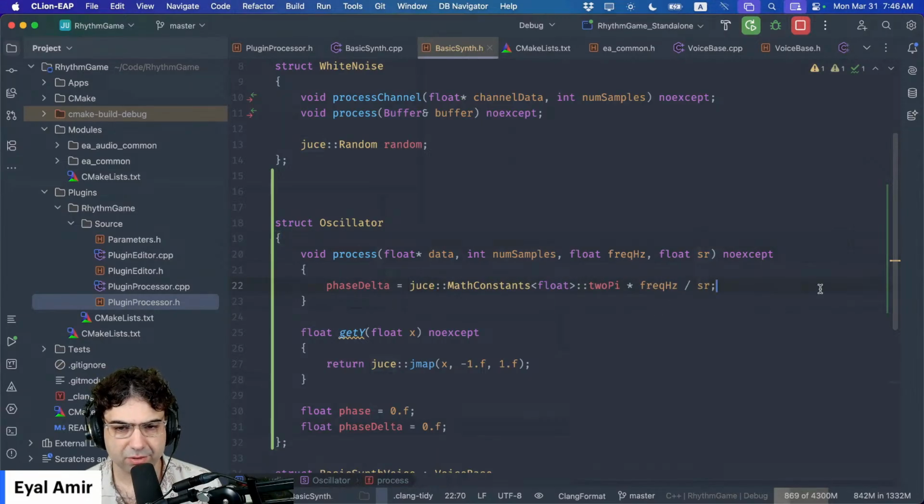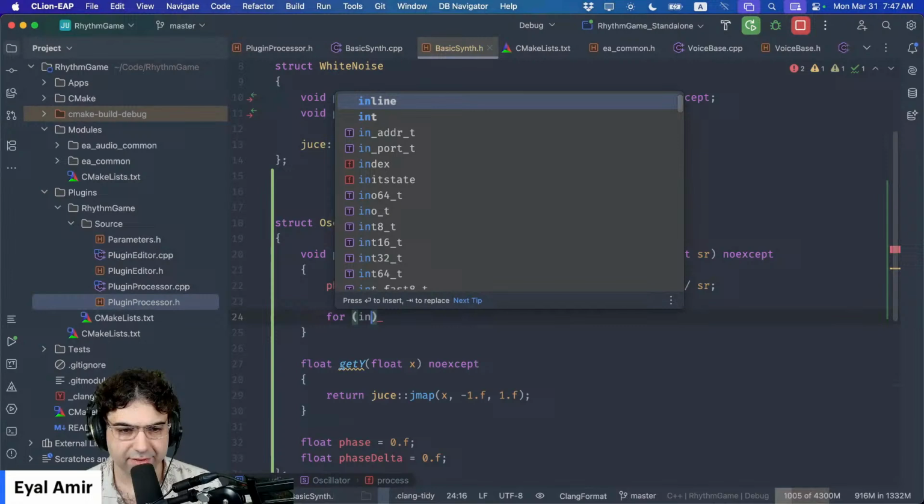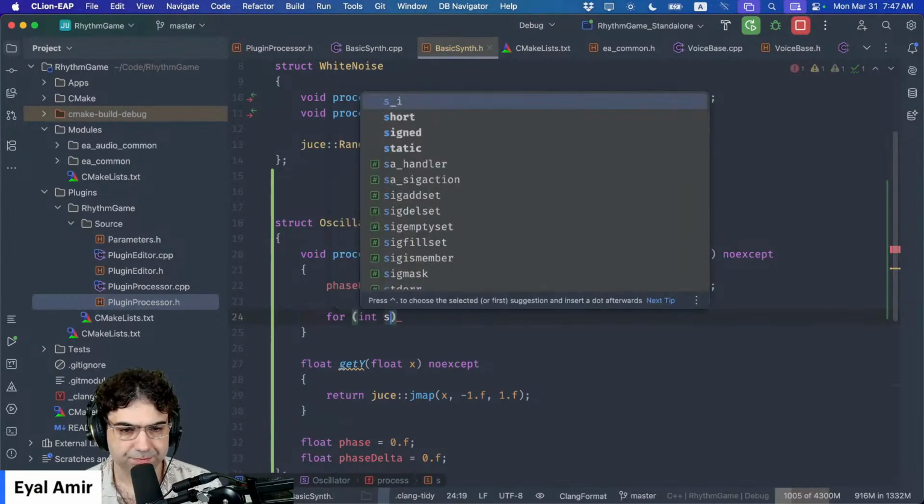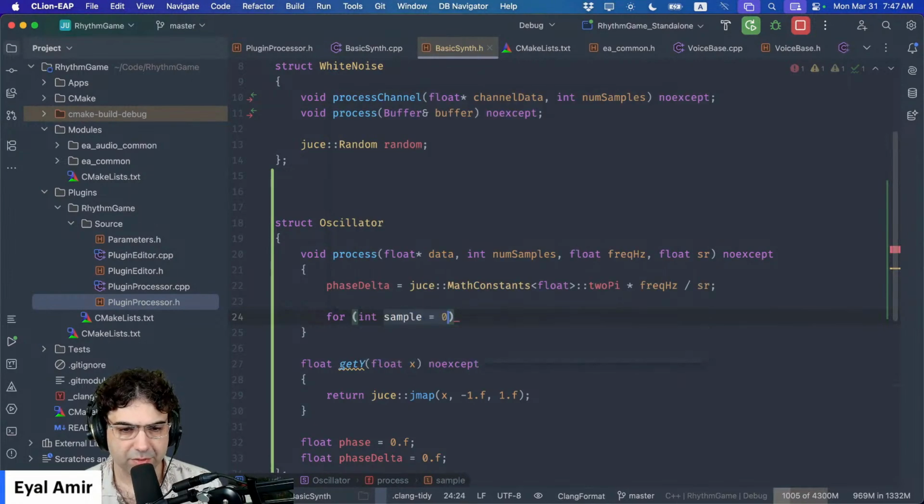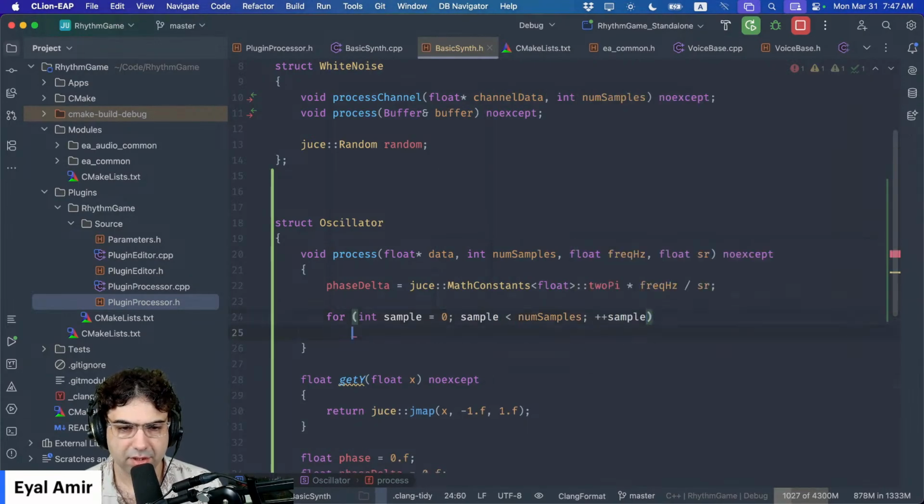Once we do that, we can go over the number of samples. This probably should be a separate process altogether. So something like int sample 0, sample, and for each of those samples, we can do something like